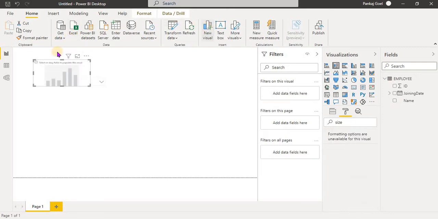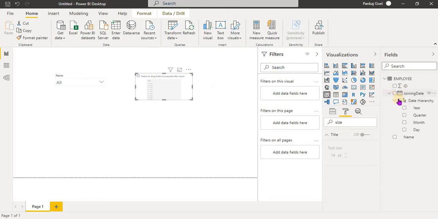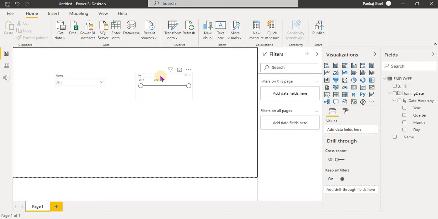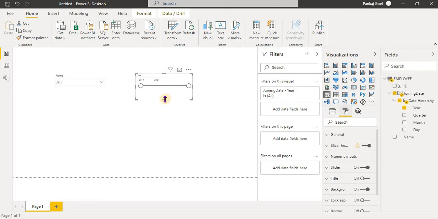I'm taking one more data, and I added this. When I convert it into drop down, it's showing me years, right?